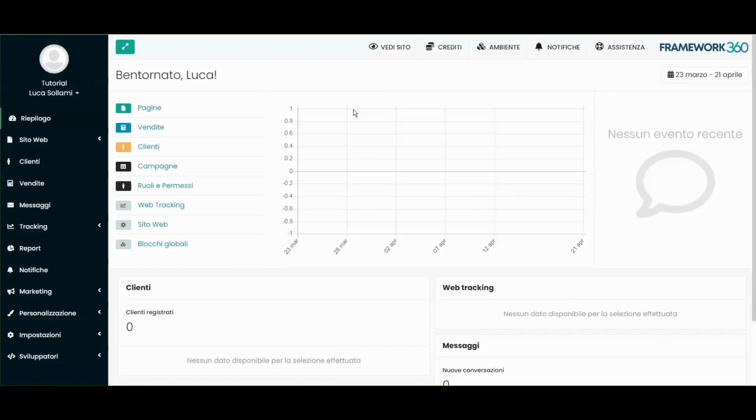In this video, we will see how to create an e-commerce website on Framework360. As we have seen in other tutorials, to create an e-commerce website on Framework360, there are two possibilities. Basically, we need to distinguish between the possibility of selling a single product or selling multiple products. Depending on what we need to do, we might decide whether to use the entire e-commerce system or just some